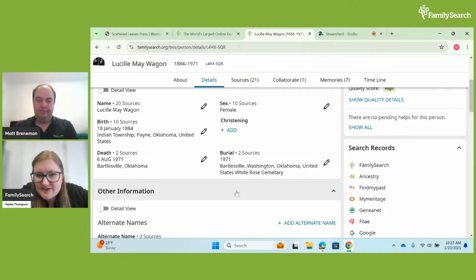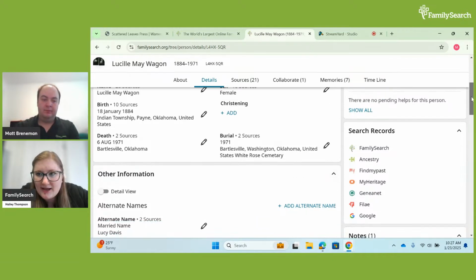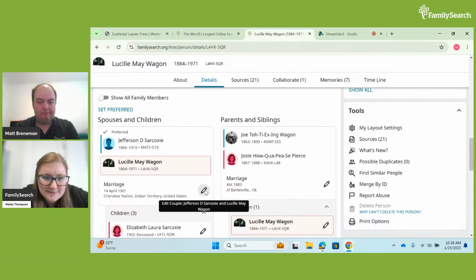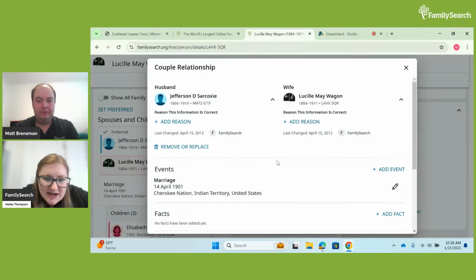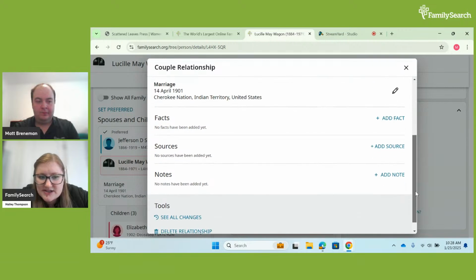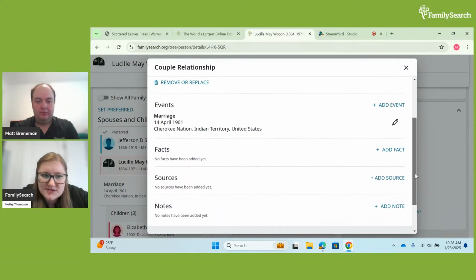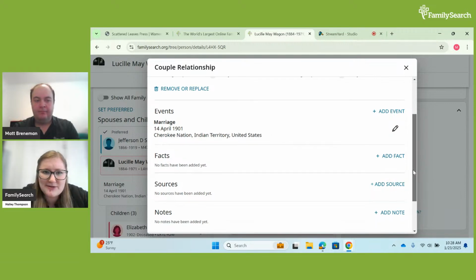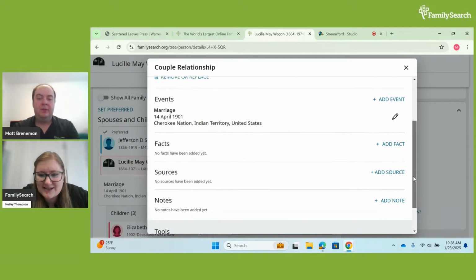Now, if you could actually scroll down to the family section for just a minute, Matt. One thing that I think is worth noting here, so marriages you tag just a little bit differently because it's an event taking care of more than one person. So if you were to click on that pencil icon there, then what we'll see here is that you can add information for events, you can add facts. And so this might be more the section and getting down here into the sources and notes where you might mention those different resources that have provided the information. So marriages are a little bit unique there. I figured I would just throw that one out there in case you get stuck.